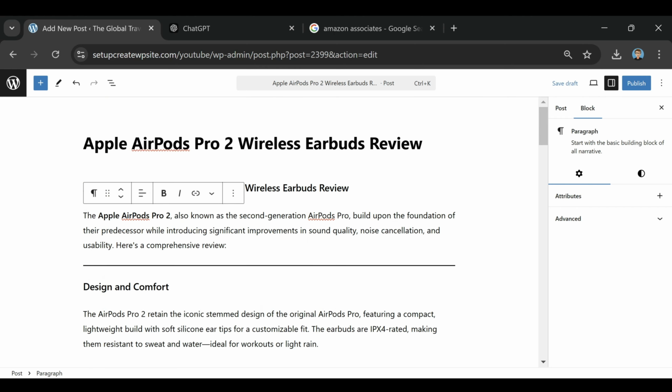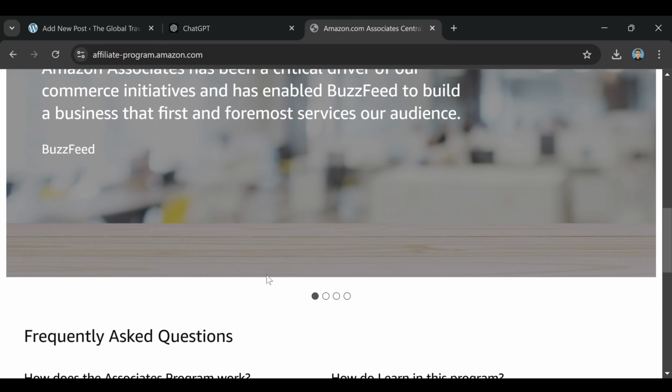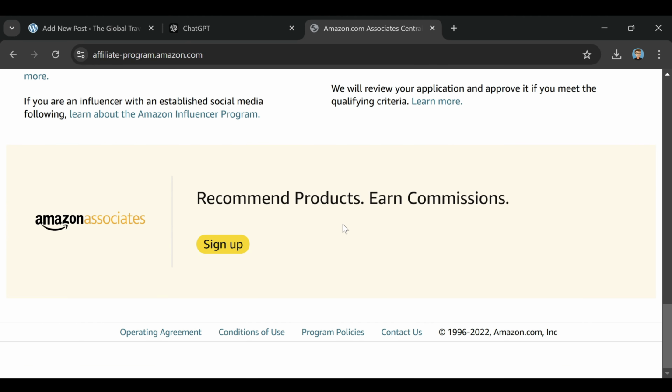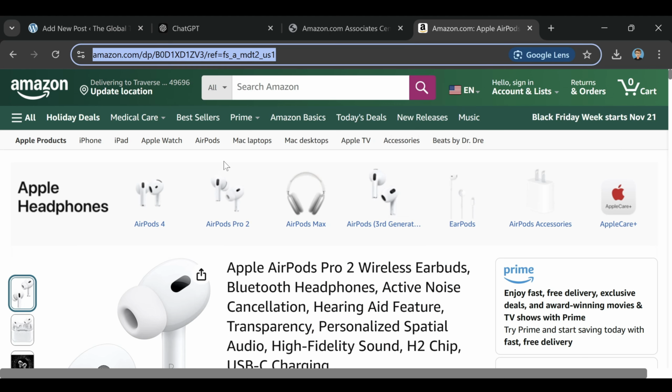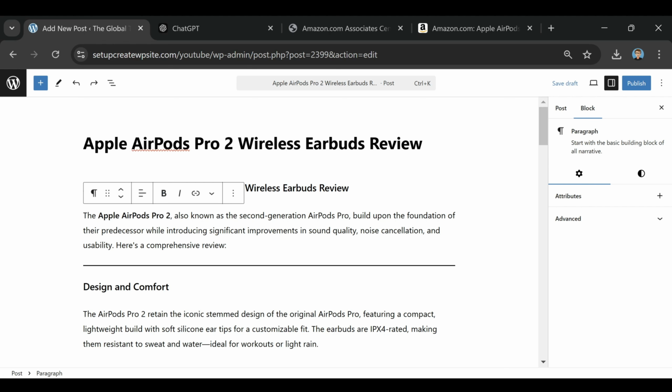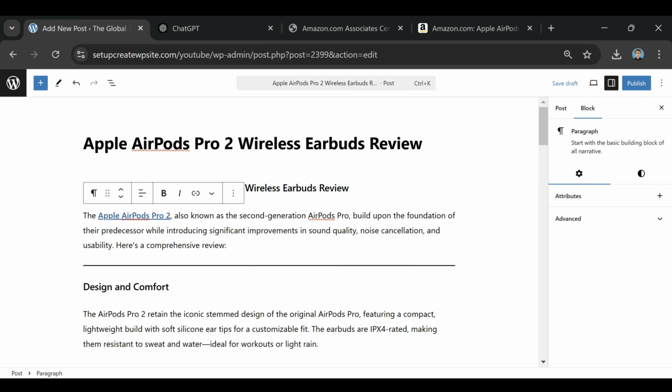Now, like I said, I'm not going to dive super deep into this, but if you type into Google Amazon Associates and click this top link, and then you sign up for Amazon Associates and fill everything out, they're going to give you affiliate links that you can use. So every time somebody clicks on that link and then buys something, you'll get a commission for it. They'd basically give you a link similar to this one right here, and then you could select something like AirPods Pro 2, click the link, paste it in there, and now anytime somebody clicks on that and then buys something,